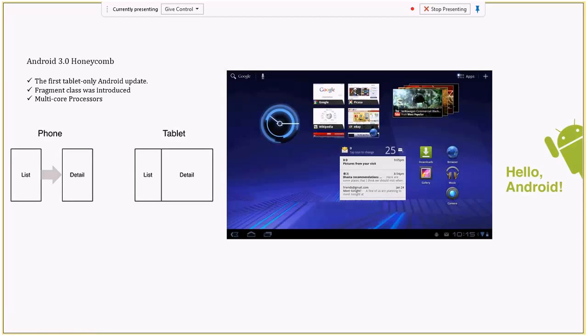Just as I was telling you, the phone had this behavior wherein if you have to show a list and details, you click on an item on the list and the details appear. If you click on another item, you have to go back and click on another item to bring up the details of the other item. So it was not so convenient and not so performant. That's why they added fragments, so that you can have both: two related pages on the same activity or same page.